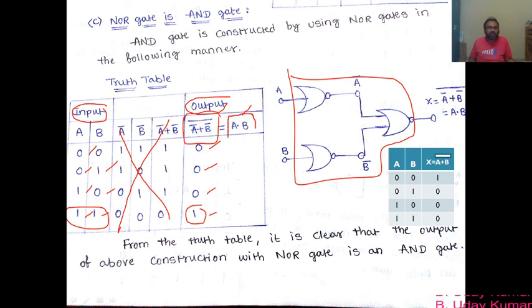This also can be written by using De Morgan's laws, but anyway, that you check yourself. I'm just comparing and showing you, telling you that for the different combinations of A, B, the output is similar to that of the AND gate, and hence this configuration acts like an AND gate now. Okay, so I hope you are getting it.